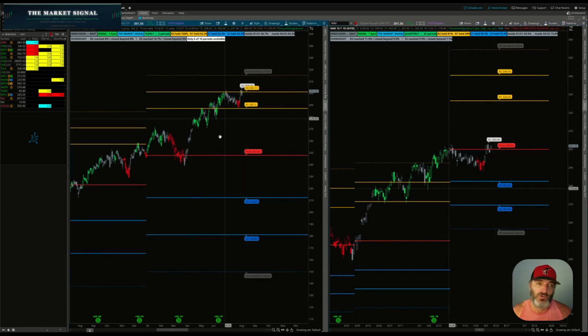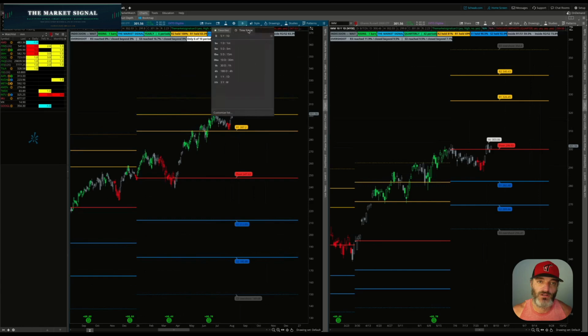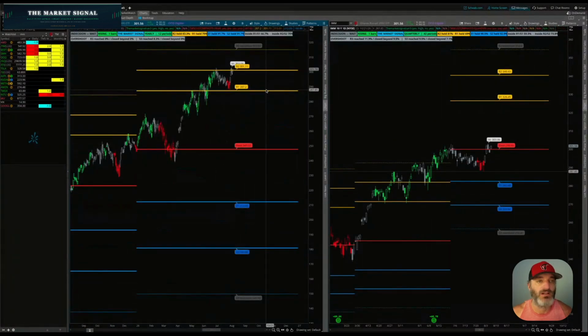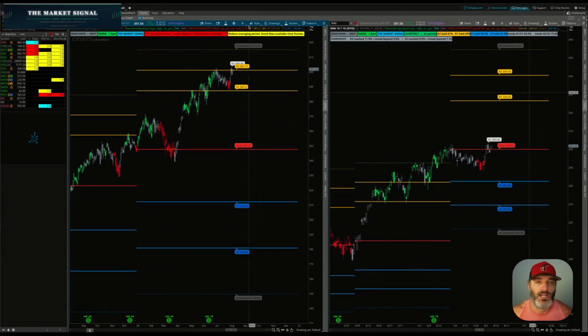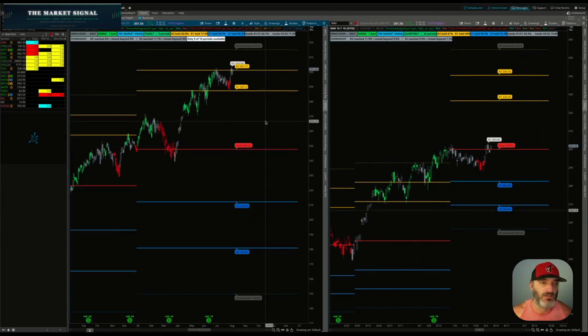This is a little more cumbersome over here when you look at it because we are at R2. All right, let's get some data on the Russell here so we can see how many times we've closed above R2 on a, let's go to 15 years. Sometimes TOS can be a little cranky. I didn't restart it before I went. Okay, so we're analyzing 16 years. It says right here at the top of my screen.